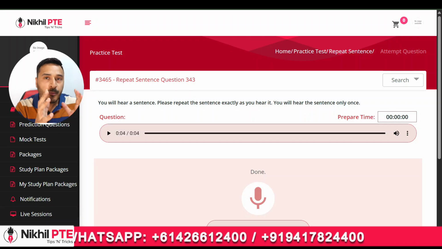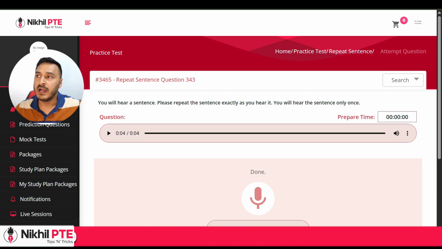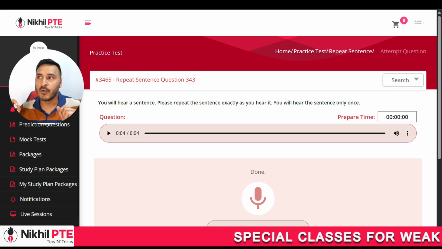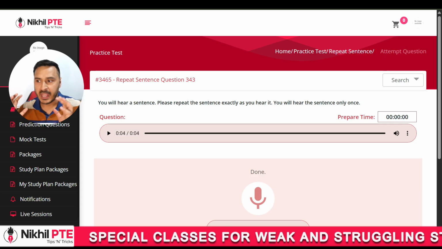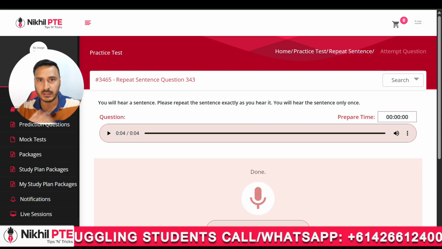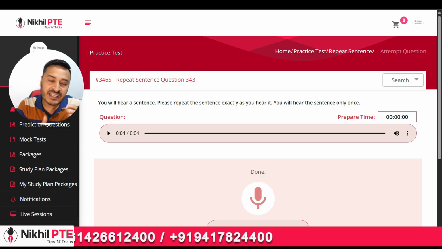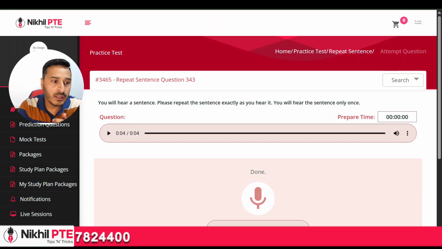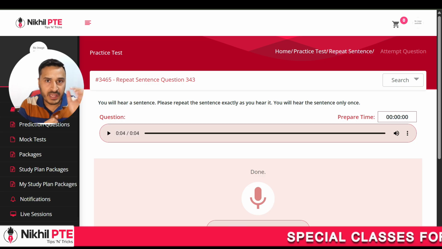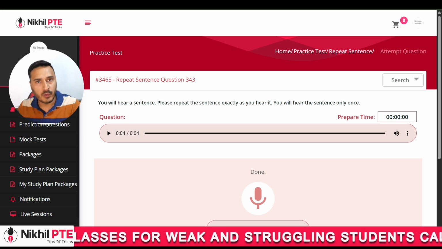Just imagine how PTE works, according to my experience, because I have worked in a software development company for 2 to 3 years, and I made some websites and software. How coding works, if you are in the information technology sector, you know how coding works. The sentence is matching what you are speaking, software is matching with your content part. If it is matching, then you will get good scores. If not, then you will lose scores.